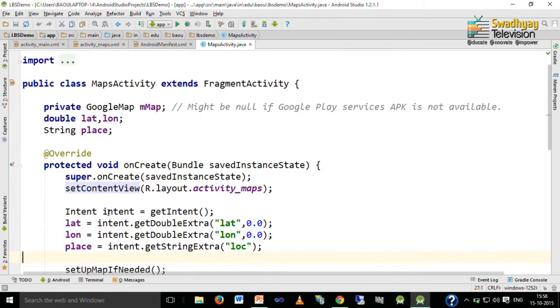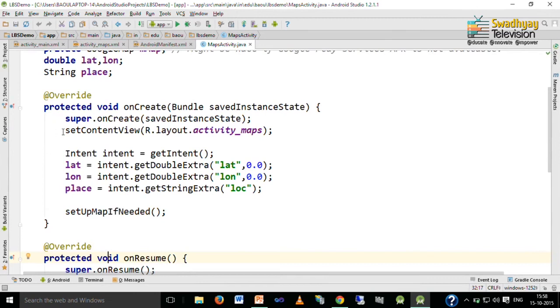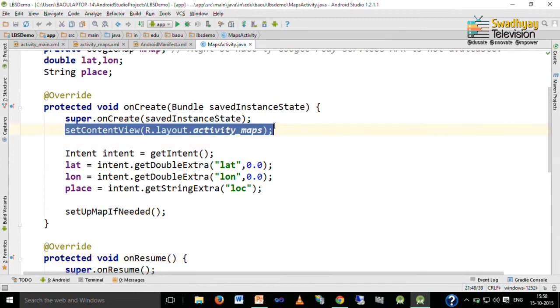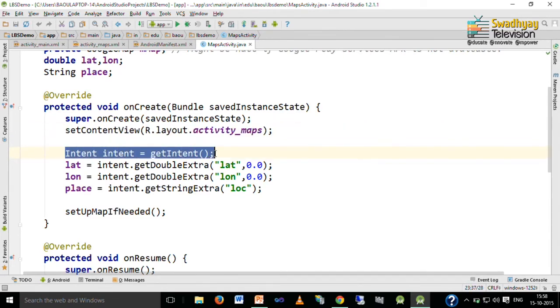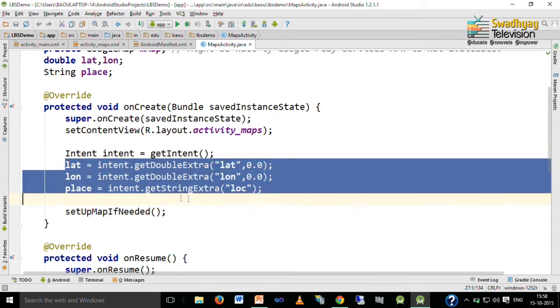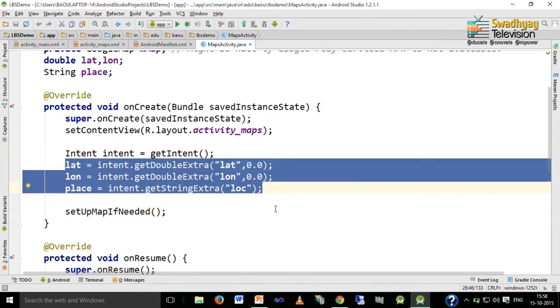Now, here we set the content view using the setContentView method, and its name is the activity_maps.xml file. So, we write down its ID, then we create one intent to get the data, which is latitude, longitude and place.